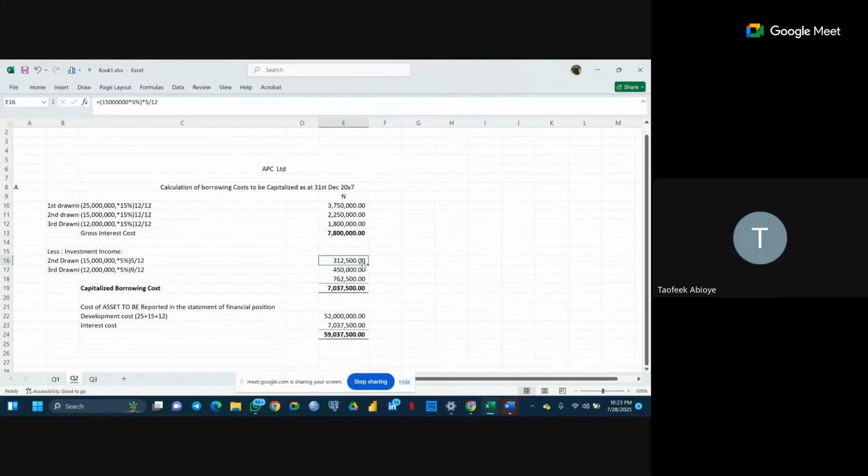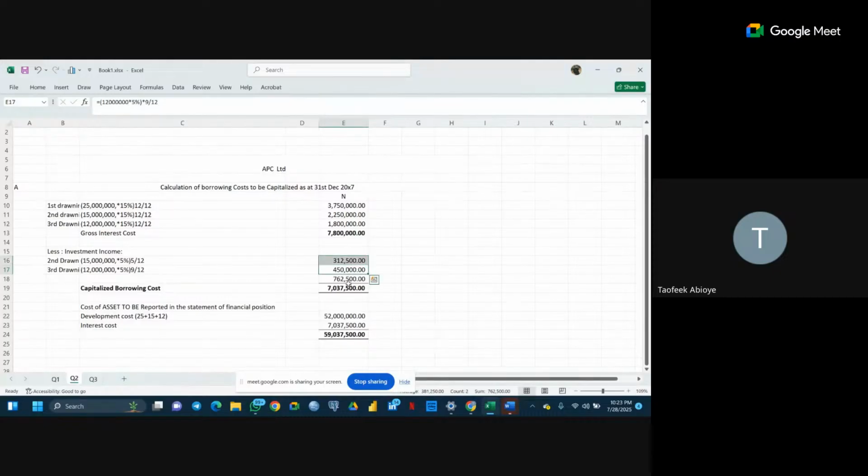And for the last withdrawal, as at when they make the second withdrawal, which is 31st of May, from that 31st of May, which is 1st of June, we have June, July, August, September, October. So we are going to calculate it. January, February, March, April, May, June, July, August, September, before they now withdraw the final withdrawal on 1st of October. So as at the 1st of January, that the fund is made available to them, till when they withdraw it on 1st of October, they will earn an investment income of 5% on that too.